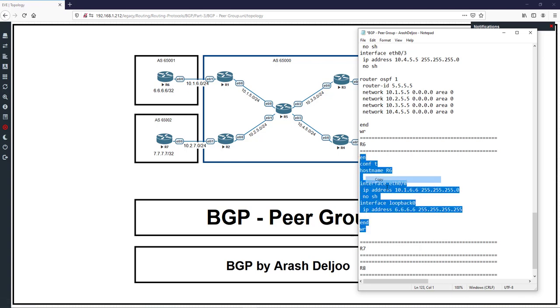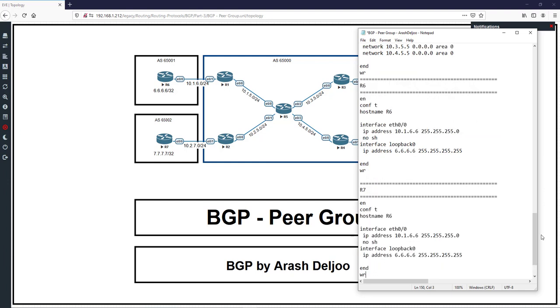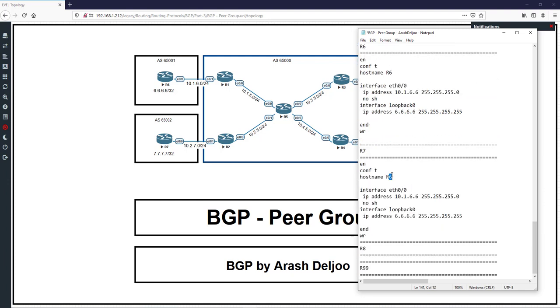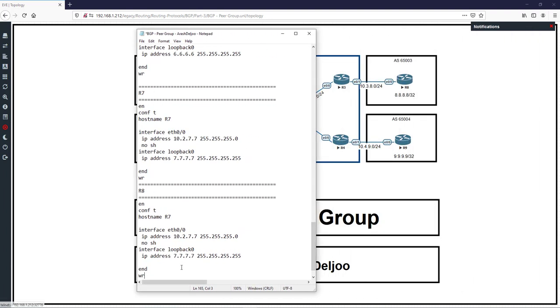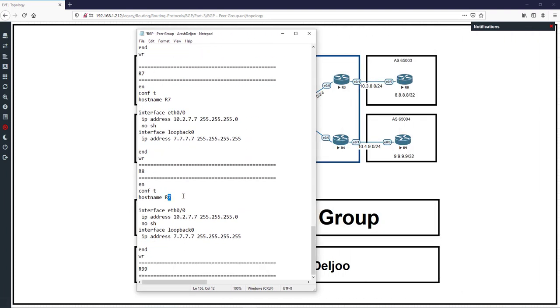Let's go to R7. This is R6 and then R7. Hostname R7, interface Ethernet 0/0. The IP address of this interface is 10.2.77, and loopback 0 is quad 7. Okay, and again in R8, let's go to R8. This is R8. In R8, we use hostname R8, and the interface is 10.3.88, and the loopback